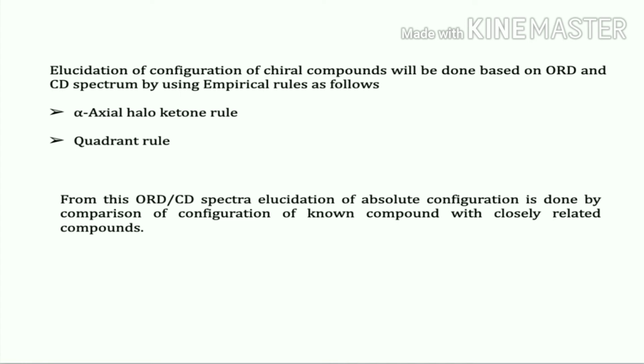So this is regarding methods based on optical rotation, optical rotatory dispersion, and circular dichroism. I have just given the introduction: what optical rotation is, what we need to know, and what optical rotatory dispersion and circular dichroism are. In the next lecture we will see how these empirical rules are used for assigning the absolute configuration. So the next method is